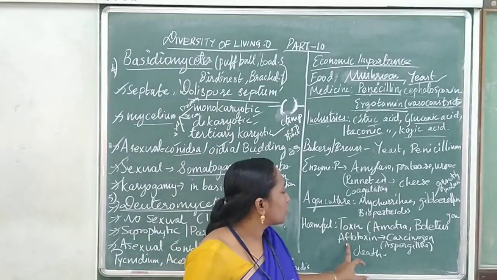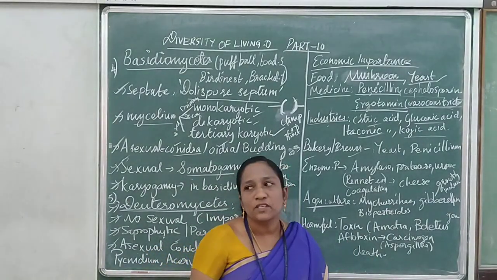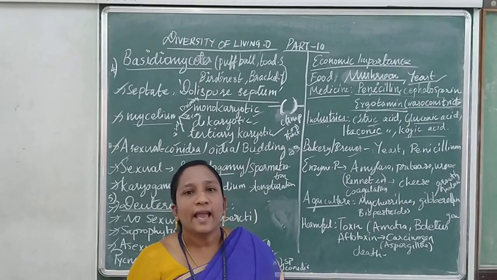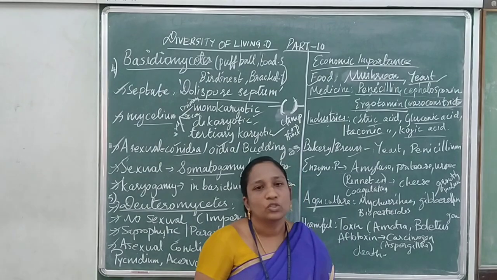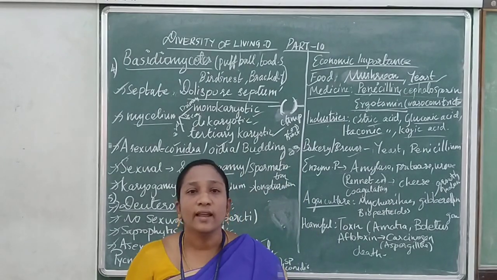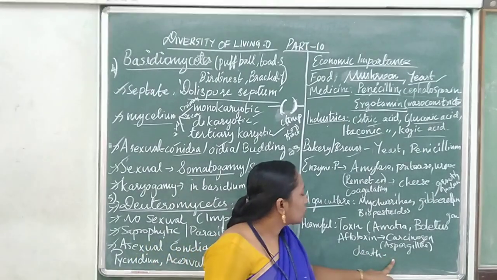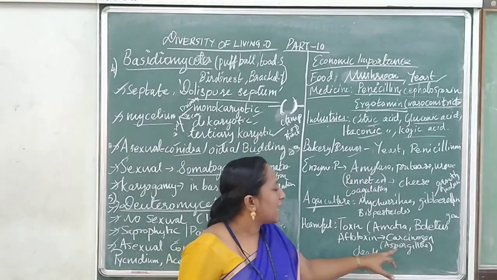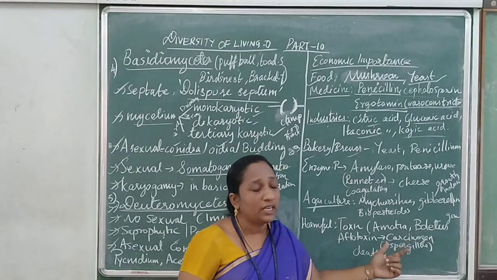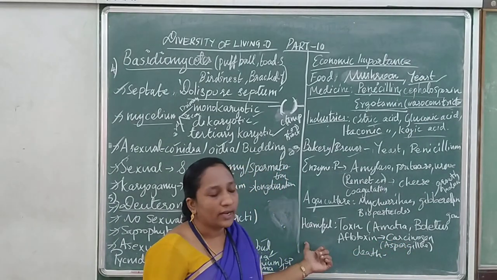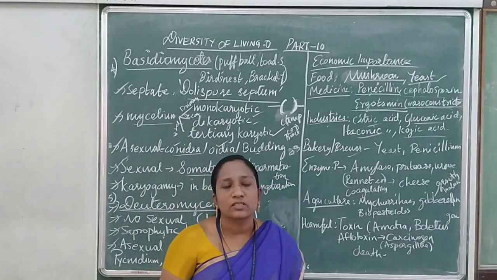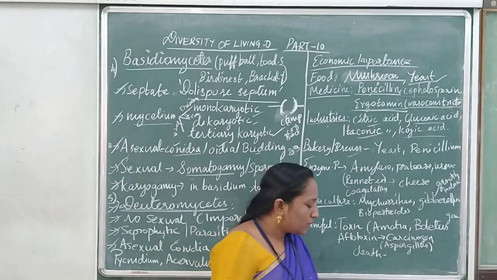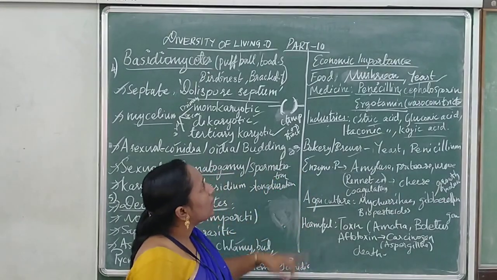This aflatoxin is produced by Aspergillus, and it has a maximum carcinogenic effect. So it causes cancer and it causes the death of persons. That is called the carcinogenic toxic effect produced by the fungi. So it is an Aspergillus variety which is heavily toxic and even causes death of persons. Okay, children, up to this is clear, what we learned.